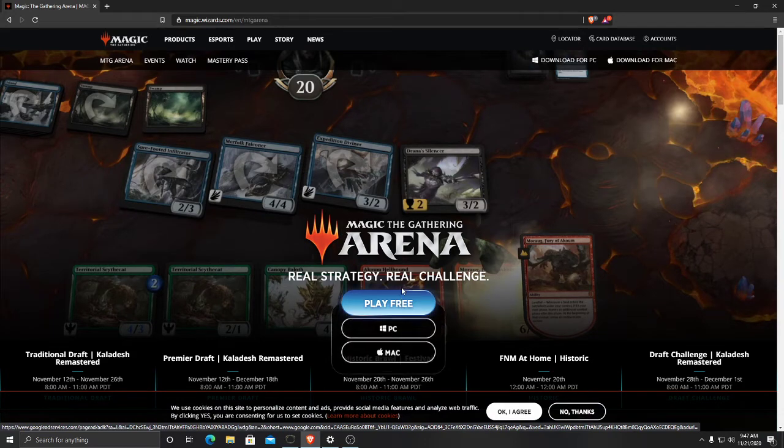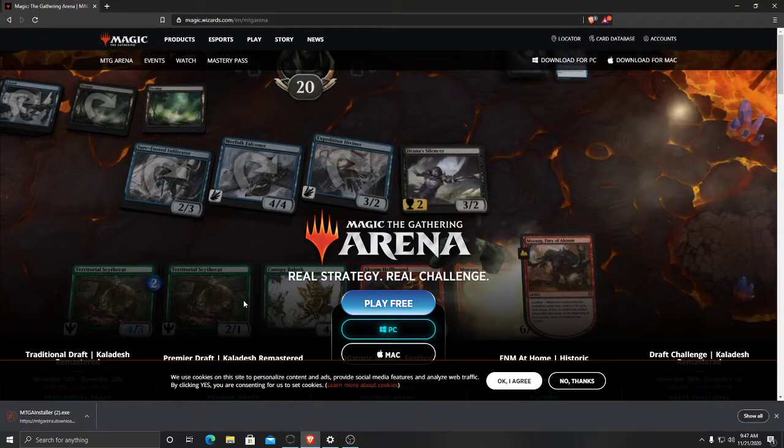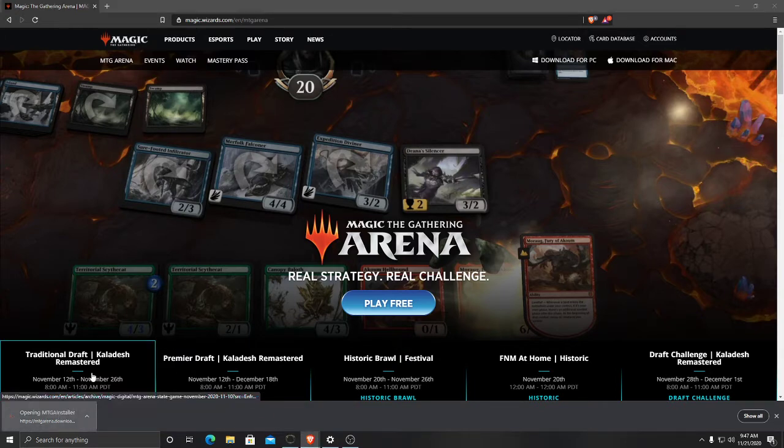So then we're going to just hit play free here on PC because that's what we're doing. And we're going to install it, download that installer. The browser I'm using here is Brave, so you can do this in Chrome or Firefox or Internet Explorer or whatever you're doing. You just pop open the installer,